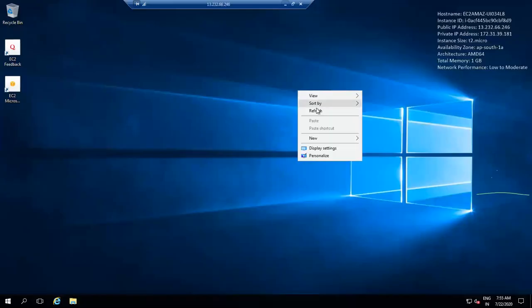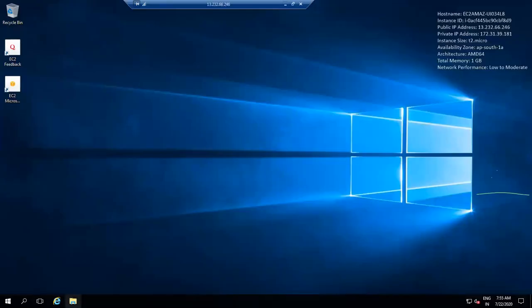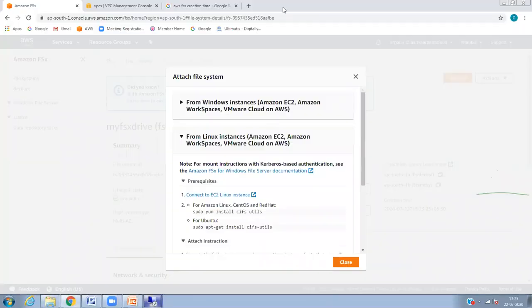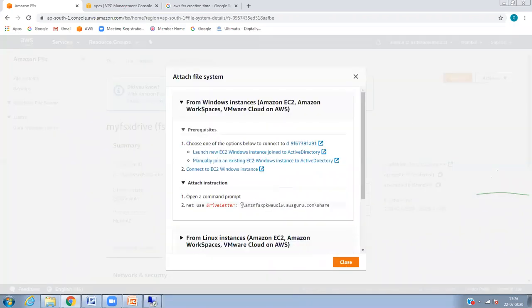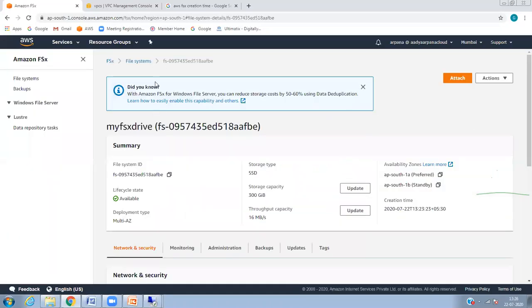See, now in the two instances, if I go here, we can launch one more server. Just wait. Once again, repeat how to attach that FSX in our Windows server. One sec. Attach it. I'll copy this drive letter. Only you need to copy this drive letter. That's why we are struggling to get this drive letter. Just get the drive letter, copy this, and just keep it ready.